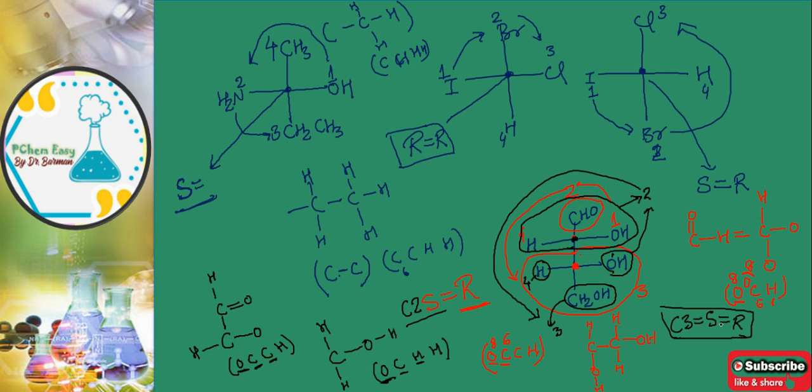In the upcoming video, we will take more examples like D-threose, L-threose. Then we will also talk about D-glucose. By taking those examples, it would be much clearer to assign the R and S configuration to a particular compound having